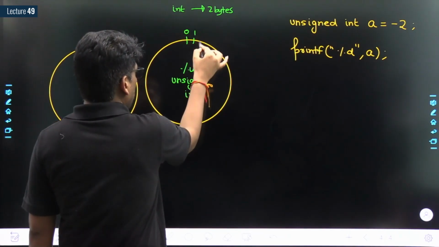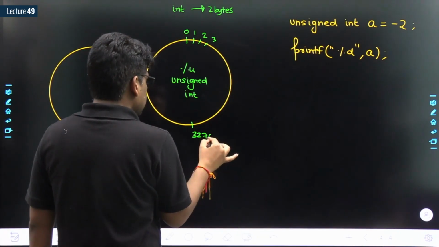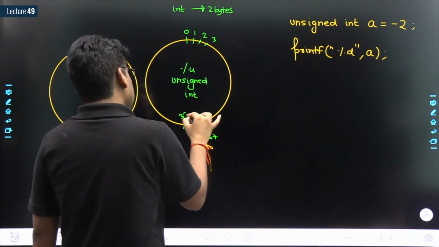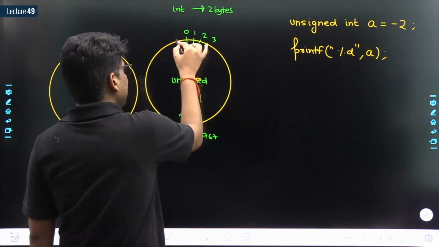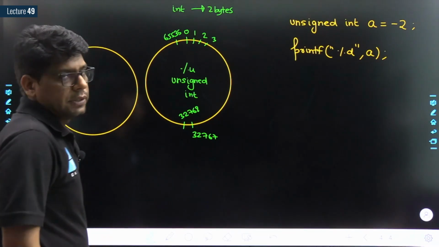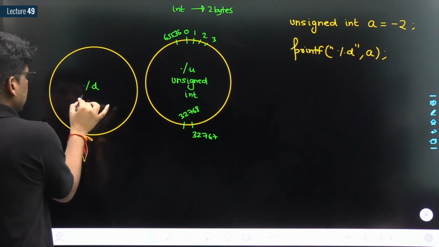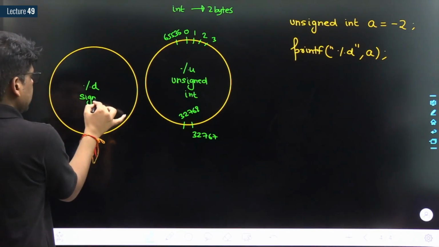Sir, 0, 1, 2, 3, ... 32767, 32768, till 65535. Done, sir? Sir, the equivalent circle in signed integer,